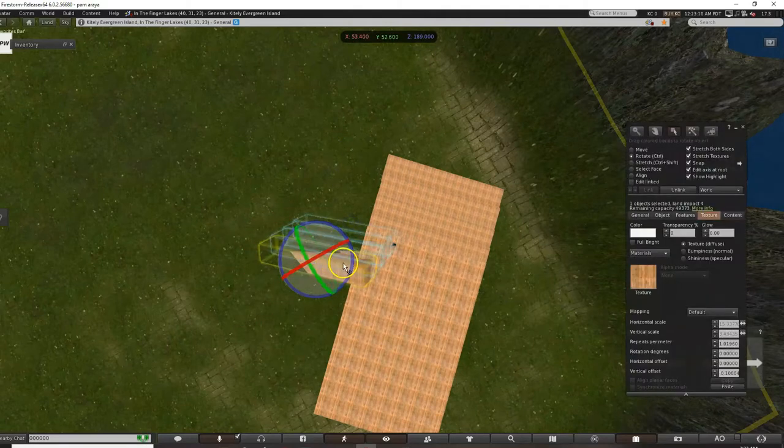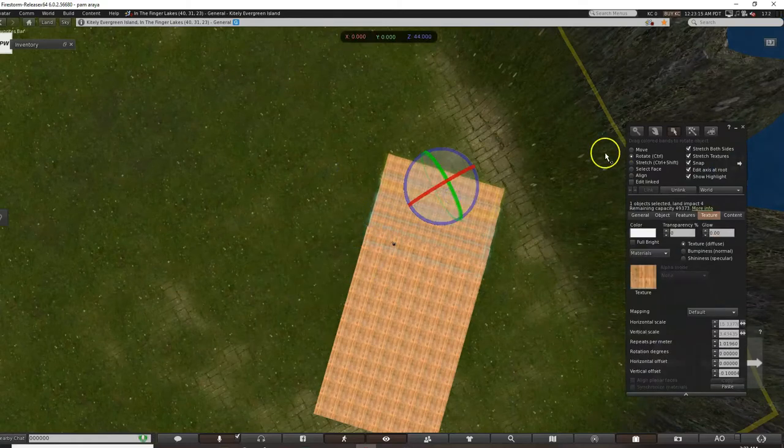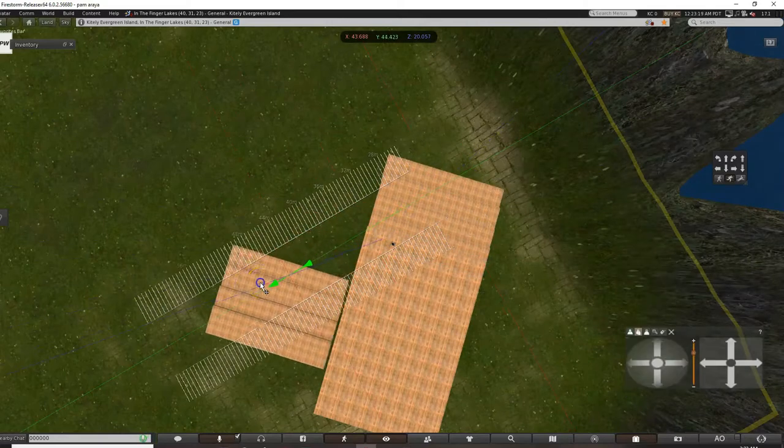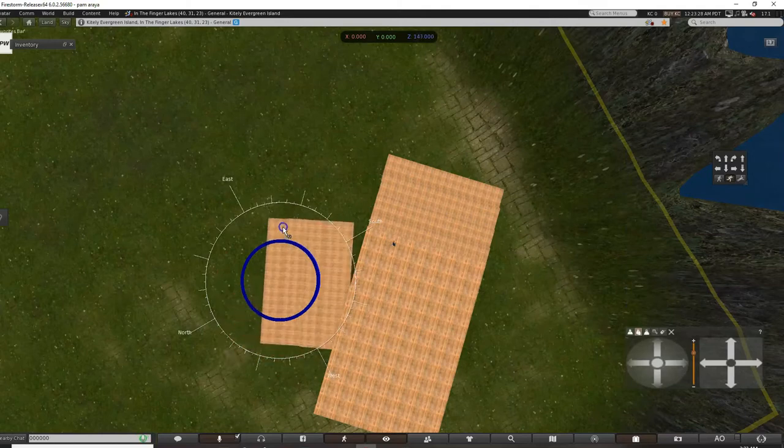And don't rotate it like that. I'm going to delete that because now it's going to be messed up. So I'm going to copy again, and then I'm going to try to rotate it the right way this time. So I'm just going to select the blue, rotate.